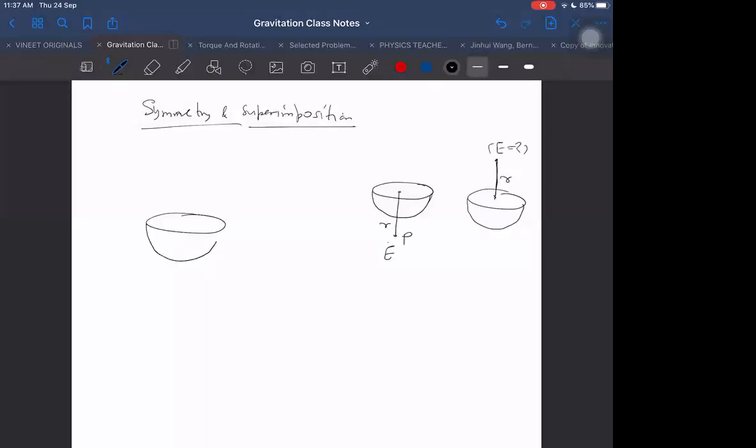Or can you determine the field which is at a distance r, this side r, distance away. This is mass m, radius r, whatever you want. Here it is P. Can you determine field at point P? I cannot tell what is field at point P, but at least I can tell what is the component of field at point P. That I can tell for sure. Can you tell me which component I can tell and what it will be? Yes, sir. Vertical component. Vertical only we cannot tell. Opposite you are saying. In this we can tell only horizontal component.